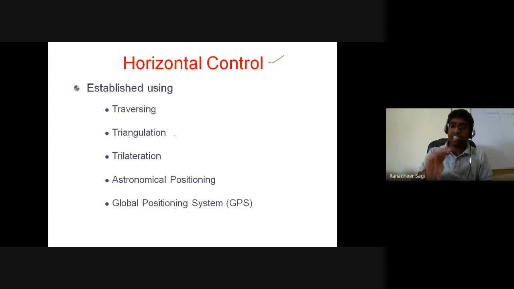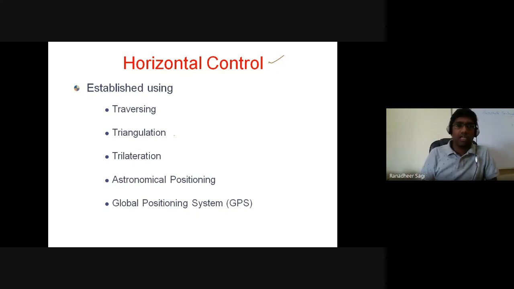If I measure the vertical angles also, then I can represent vertical control, because at station A, if I know the coordinates X, Y, Z, at station B the coordinates X, Y, Z, at station C the coordinates X, Y, Z, and so on, then the X, Y coordinates, if X is this direction and Y is this direction, help you represent various information in the horizontal plane. And the XZ or YZ information helps you figure out the position of the various